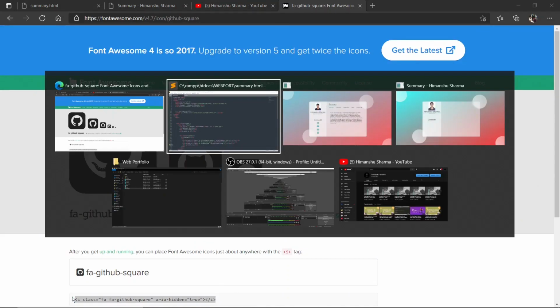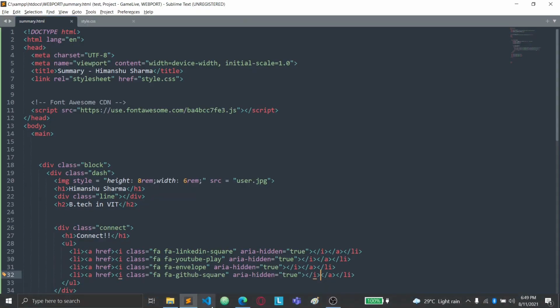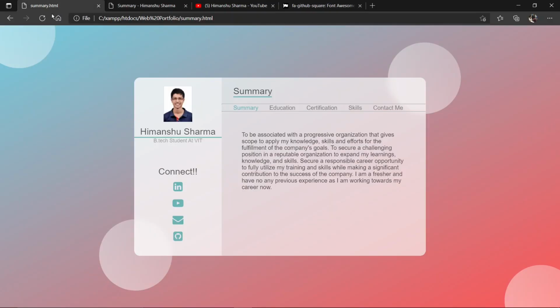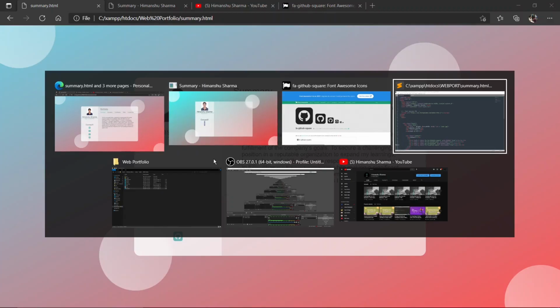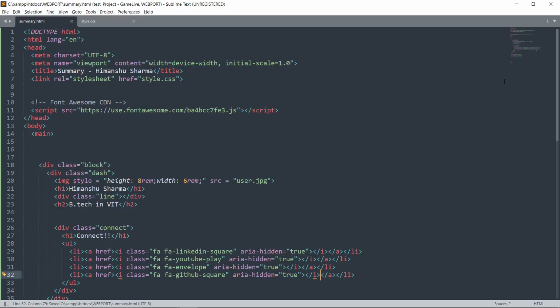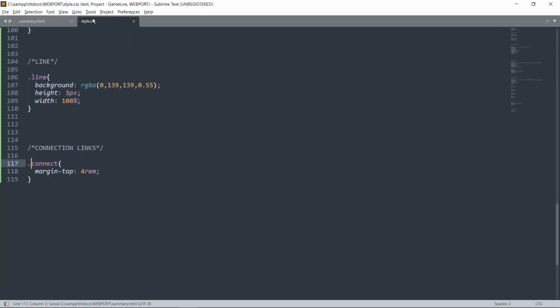Control C and Control V, Control S. How does it look? Yeah, good. I can say good. Okay, so you have to give it a little shake, right? So dot connect